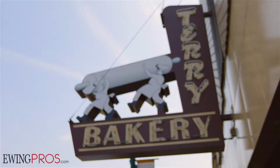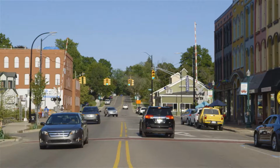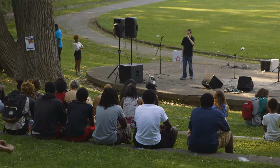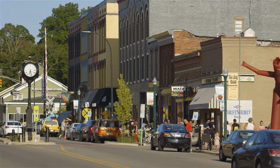There's a wide array of wonderful shops and restaurants located throughout downtown, and a number of nice museums, most notably the Automotive Heritage Museum in historic Depot Town. Summer festivals are a staple here and include the always popular Michigan Brewers Guild Summer Beer Festival, Elvis Fest, and